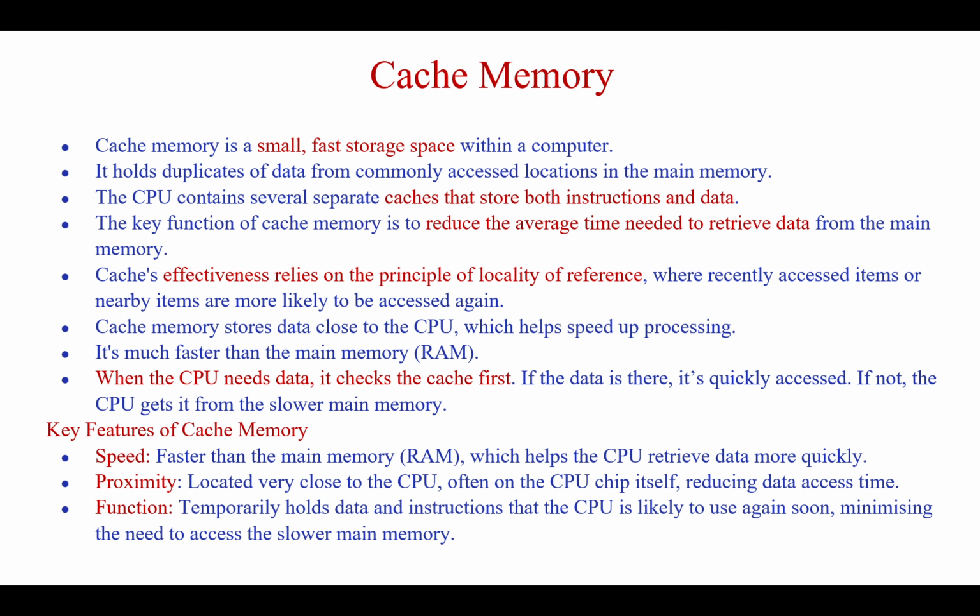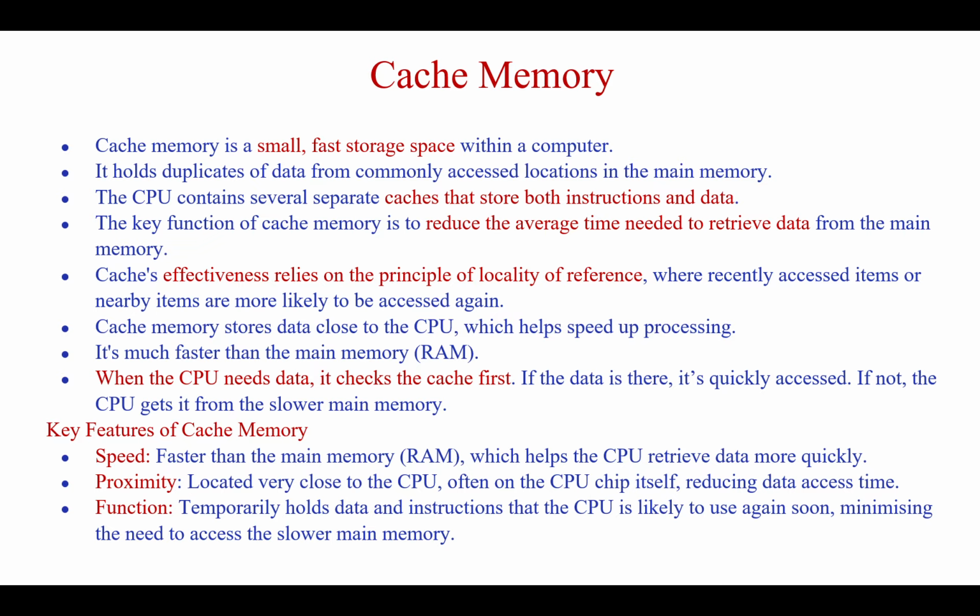Already we know that memory is used to store a lot of content for our future purpose, to read or write something. One of them we are going to see is cache memory. So what is cache? It is a small, high-speed storage component that stores frequently accessed data and instructions. Because of that, the CPU can access data faster, and it is an intermediate between the CPU and the main memory. So what is main memory? RAM is nothing but our main memory.